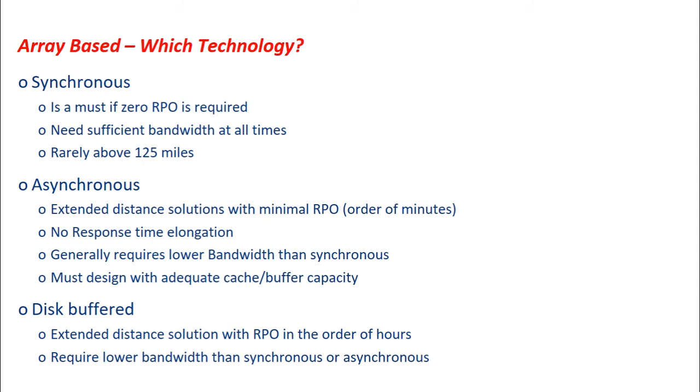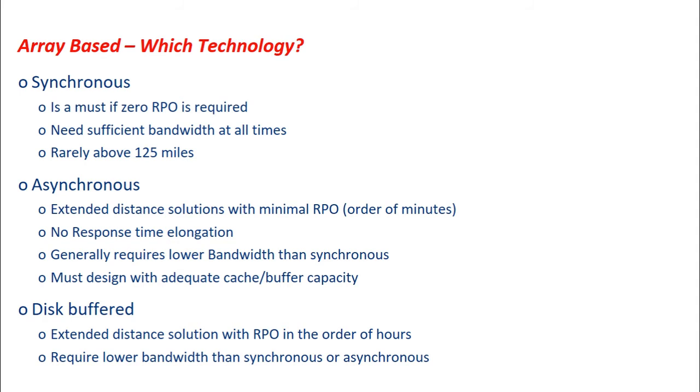So it should be considered if sufficient bandwidths are available at all times, and also not more than 125 miles of distance between the storage array at the source site and that at the target site. So when can we go for asynchronous or array-based asynchronous replication? When you have extended distances beyond